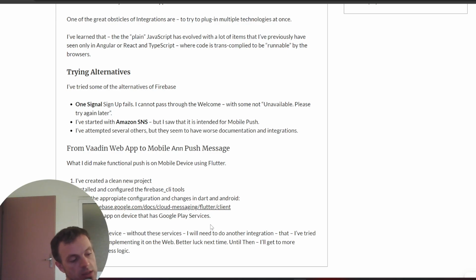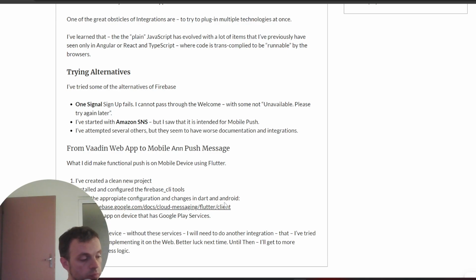This is something, after America stopped Huawei working with Google services, this is the moment when you could realize that Android may be open source, but the Play services is proprietary, and it is obfuscated, and it is required for all the services. So basically, I've made it working in a Flutter Android app,